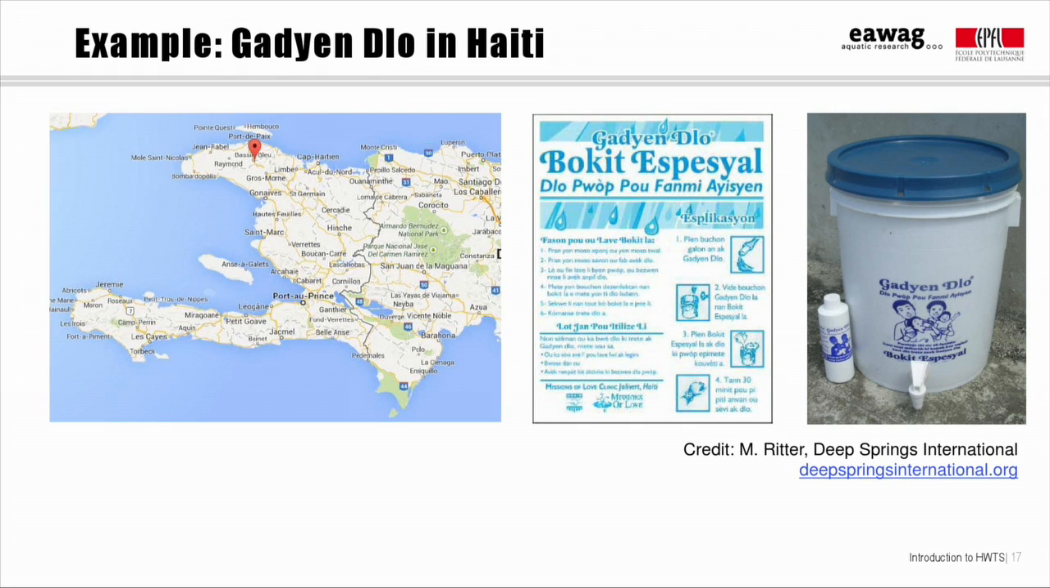The Jolivet Safe Water for Families program has sold sodium hypochlorite to households in rural Haiti since 2002. The program began at the Missions of Love Health Clinic in Jolivet, northern Haiti, and since 2008 has been managed by the NGO Deep Springs International. The program makes its own chlorine through electrolysis of salt water, which is branded as Gadyen Dlo, meaning water guardian